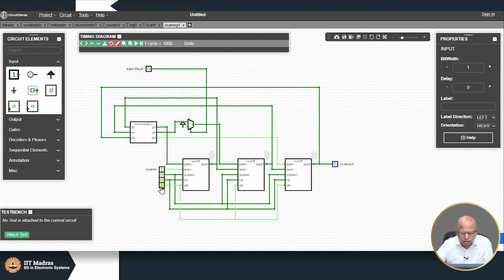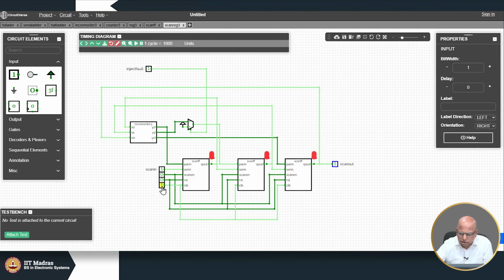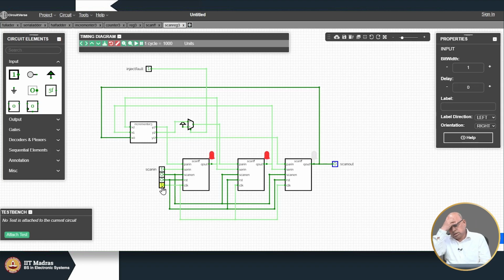But if I put a fault here, it does not work correctly as a counter, you can verify. So, when I did a clock, see, from 0 it went to 1 1 state, that is a faulty state, then 1 1 0 state, then 1 1 1 state. So, it is not behaving correctly. So, in the presence of fault,